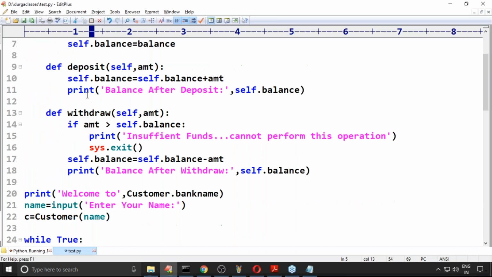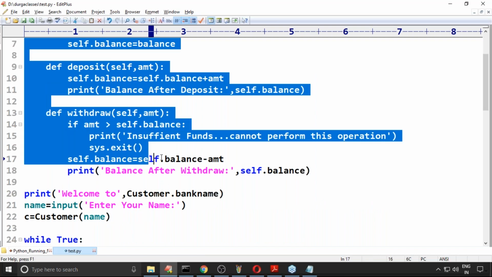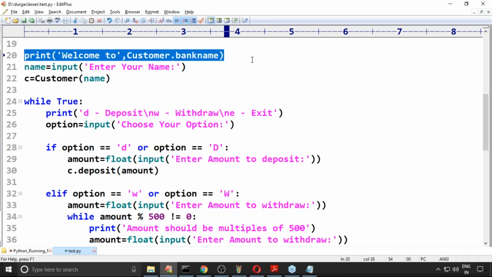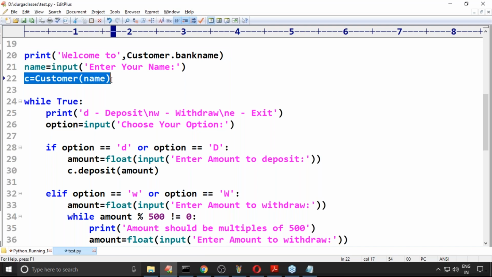Sir, can you please confirm the main flow? This is just a class declaration. Observe the main flow from line number 20 onwards. Welcome to customer bank. Next, enter your name. With that name, we are creating a customer object.